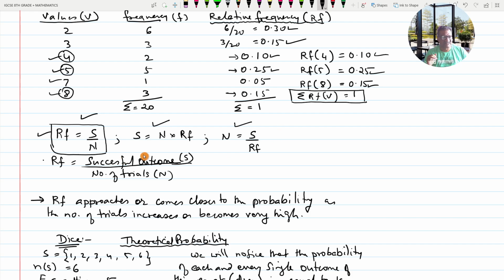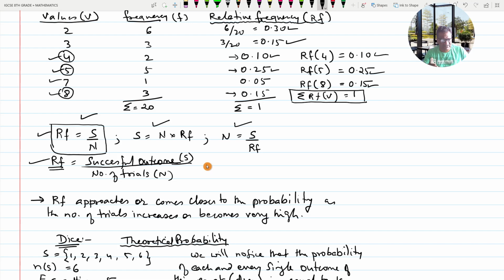Okay. Now these three formulas are nothing but arranged formula of this particular formula. The main formula is this one. Relative frequency is equal to S, the successful outcome, that is, in bracket I have written S, divided by number of trials, that is N. Now remember here, this relative frequency is a concept for which you will have to perform an experiment. Without performing an experiment, you can never ever get a relative frequency. What I mean to say is, you'll have to literally throw a dice, or you'll have to literally toss the coin,